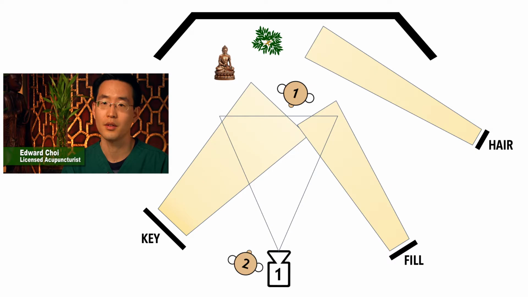And then I've got a background light that's illuminating the panel that's behind him, the plant, a little bit of the statue that's over to the left, and a small amount on the right side of Ed towards the back, his neck, his ear, and a little bit of his hair. That background light can also be called a rim or hair light. So these three lights put together make up standard 3-point lighting.